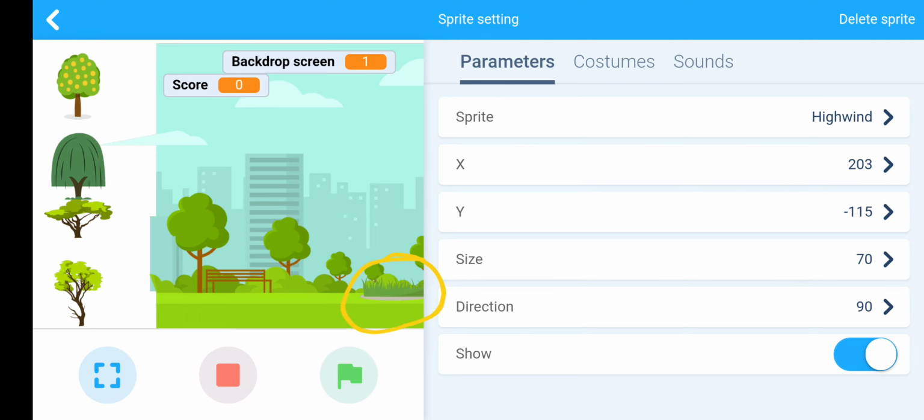This is my high wind soil patches, and you can change its position. Remember that all the soil patches should be placed separately. Don't place them over each other. Look here, I have considered the size of the soil patches to be 70. You can adjust the size of soil patches according to your choice.